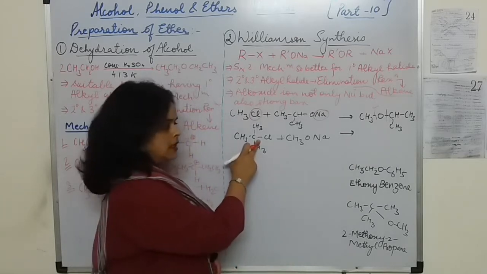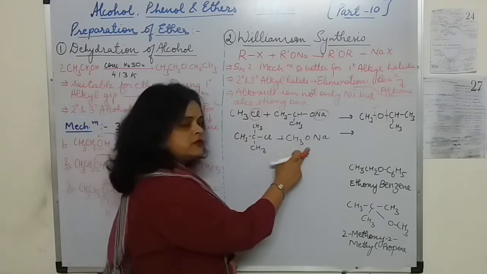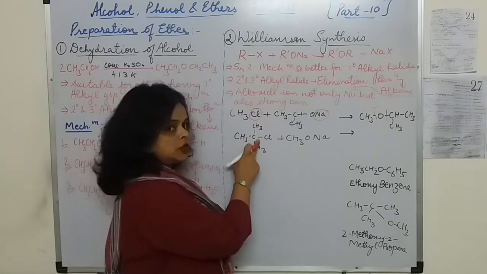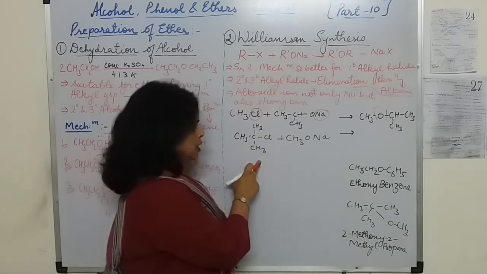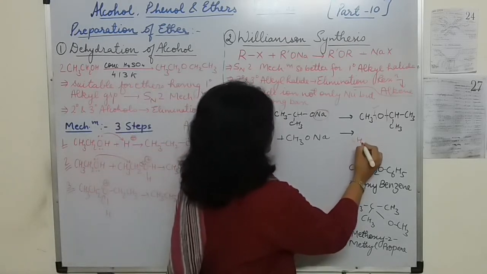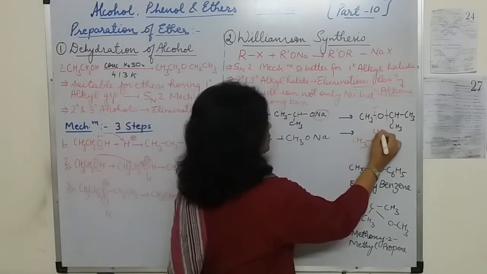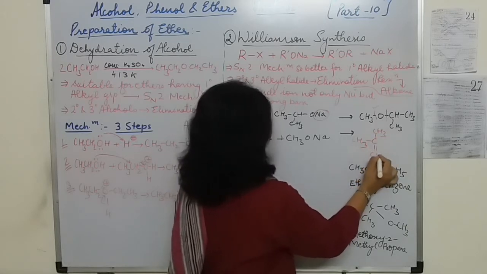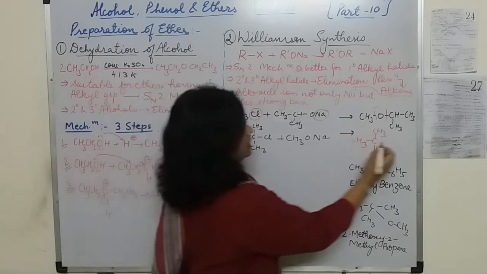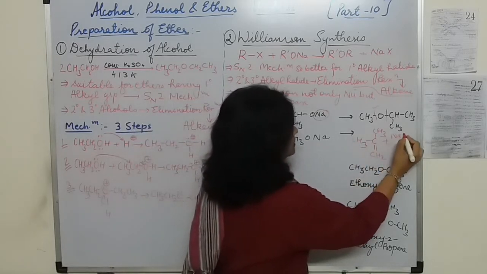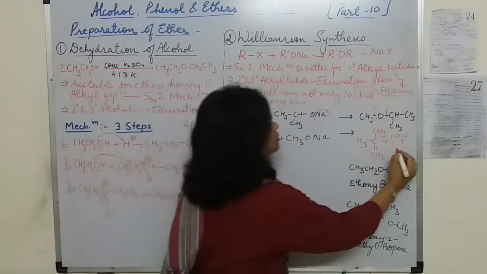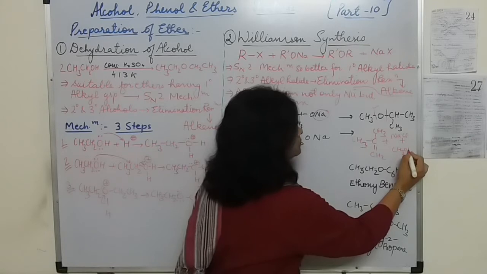This is the tertiary alkyl halide, and when it combines with this type of sodium alkoxide, sodium methoxide, then because it is tertiary, it prefers to undergo elimination, and we are not going to get any ether. Instead, the product will be (CH3)2C=CH2, and this Cl will combine with this Na. The side product will be NaCl along with CH3O, and one H was coming from here, so CH3OH.